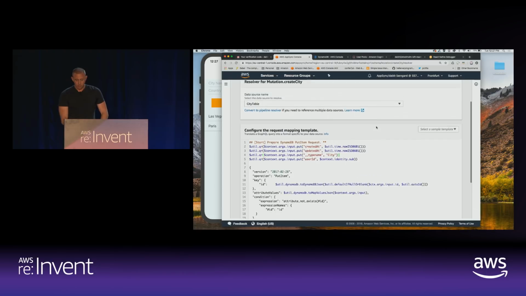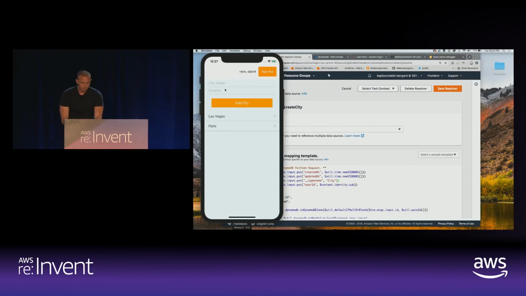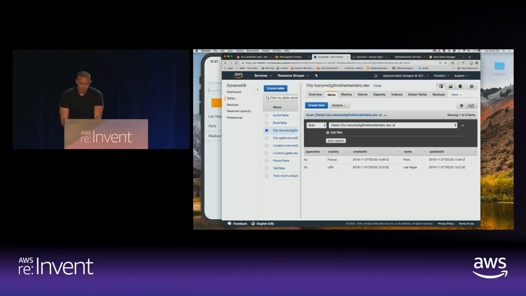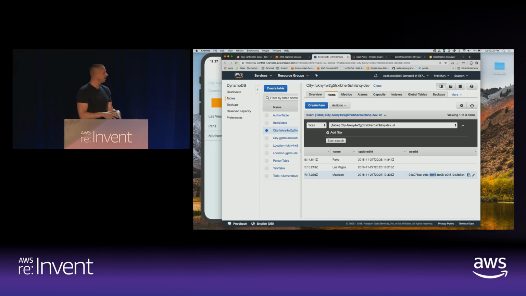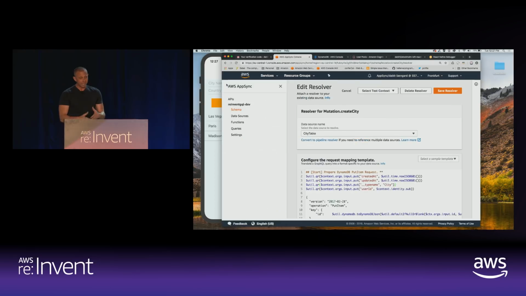Okay? So I can save that resolver, go back to my app. I should be able to go ahead and create another city here. Update our DynamoDB table. Now we should have a user ID associated with that new piece of data. Okay, so we have the user ID there. The last piece is to add functionality to query based on that user. So how can we do that? Well, we can have a query cities by user